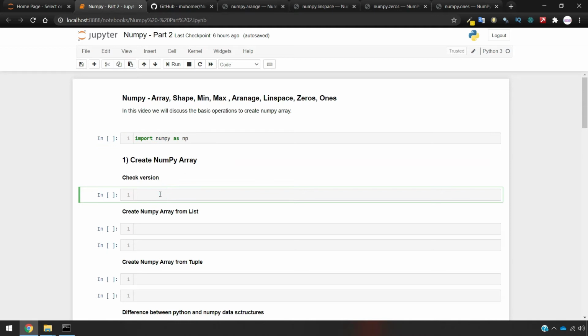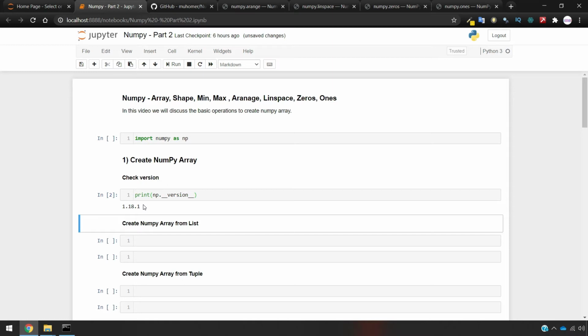And next is checking the version of NumPy. It's important to check the NumPy version because currently it's November 2020. So maybe by the time you're watching this video, there is a new release of NumPy and you have more functions available there. To see the version of NumPy, within the print function, type np.__version__. And now you can hit shift and enter to see the version. The version that I have is 1.18.1. So if you have the latest version than my version, then it's fine, no problem with that. But if you have the old version, then it's better if you can upgrade to this version or the latest